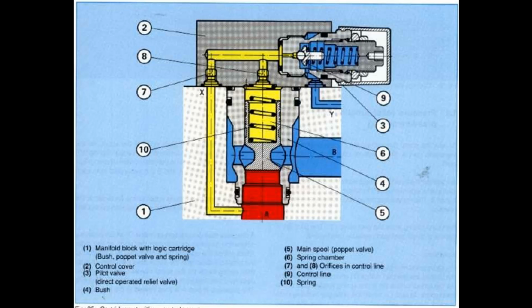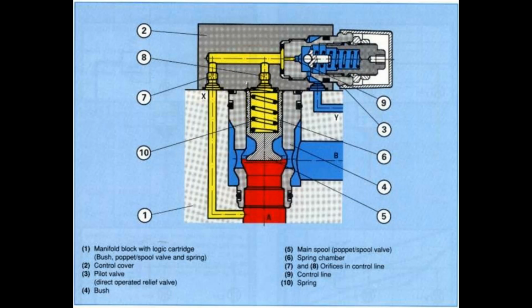1.1 Pressure relief function with manual pressure setting. At rest, the spool, poppet valve or poppet/spool valve, separates port A, the pressure port, from B, the tank port. Pressure is present on both ends of the spool. As the areas are the same, the forces are also equal. Spring 10 therefore holds the spool in the start position shown in the figures, and ports A and B are separated from